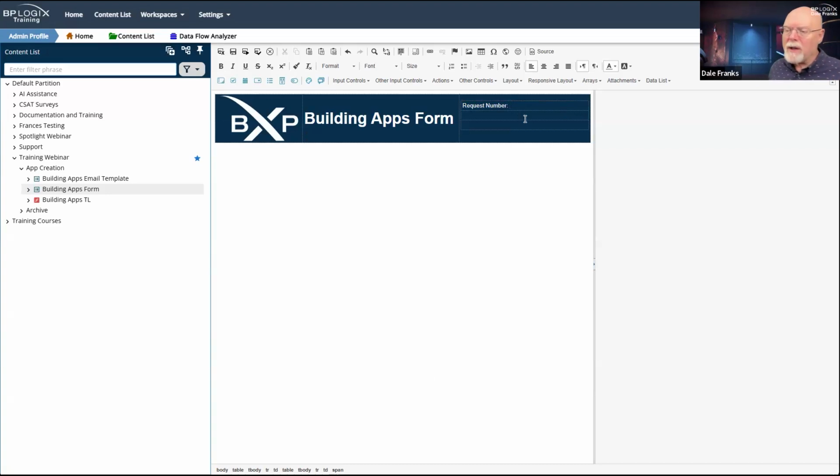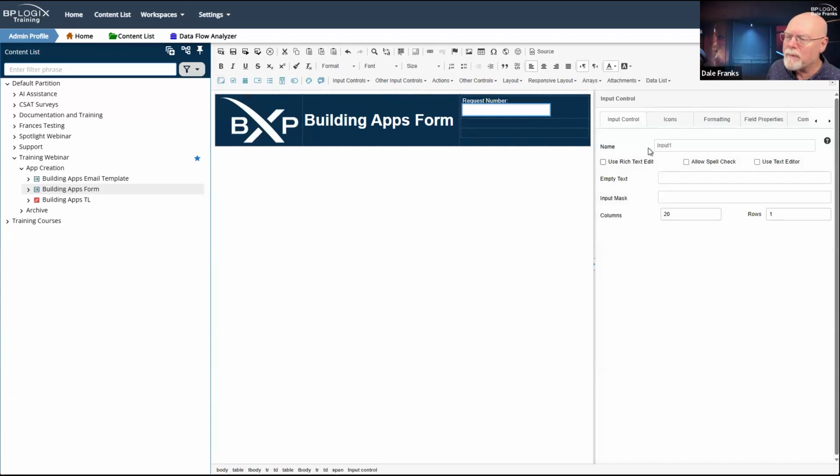So I am going to need basically a text field to show the request number, a user picker to show the submitter, and a date time field to show the submit date. But keep in mind that even though I'm placing these controls on the form, they're going to be disabled. And that means they're going to show up as text when the form actually runs. So the first thing we're going to do is create our input field here, request number, and we are going to call it request number, which is what we named it in the instantiated form field name.